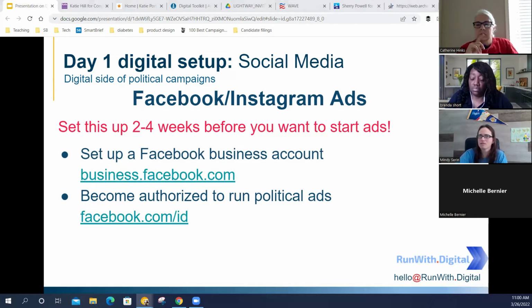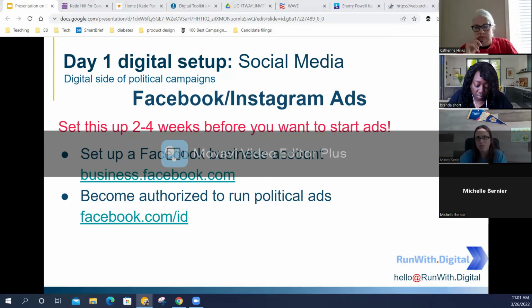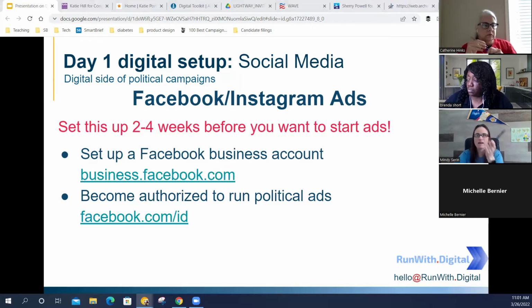So facebook.com/ID. And they're going to send you information in the mail about verifying that you're really you and not someone based in Russia. So they're going to send something to your home address. It could take a week, even longer. Then you're going to post that number back into Facebook, and it finally will be set up. So maybe you want to do it tonight.